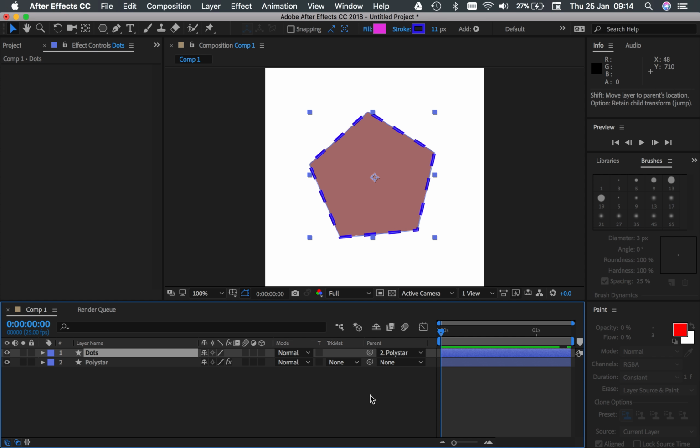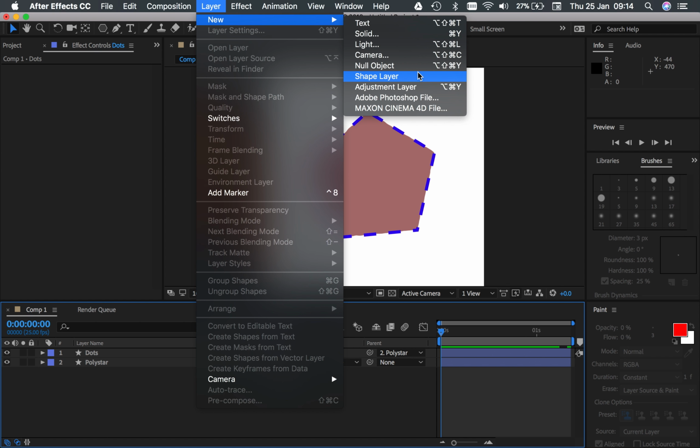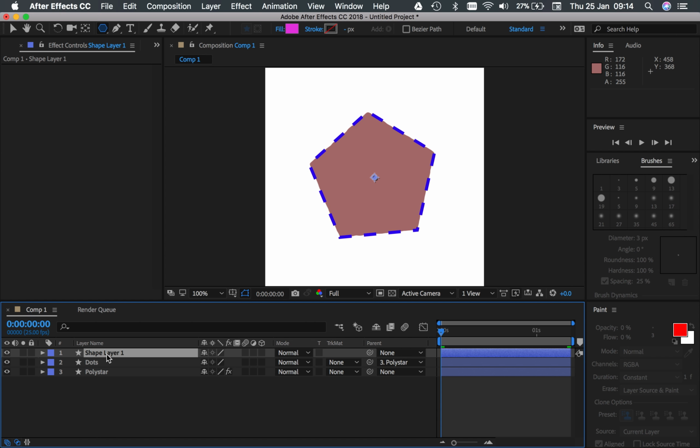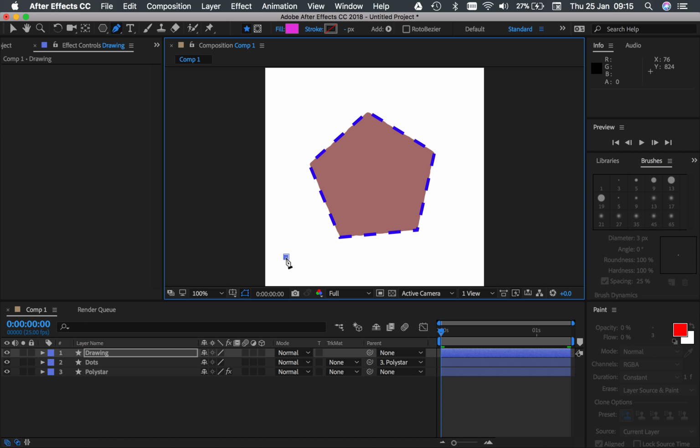What we're going to do now is play around with drawing with a pen tool. So I'm going to go over to Layer and create a new shape layer, and I'm going to rename it to drawing. Okay, so on drawing, we're going to use a pen tool to draw paths. So up here you'll see a pen tool. Click that, and then drag it over to your canvas,